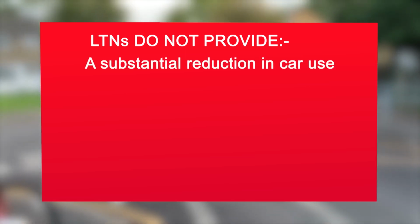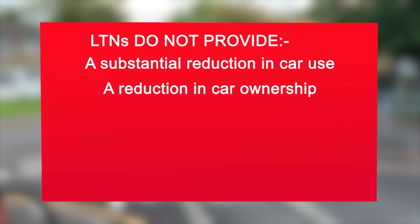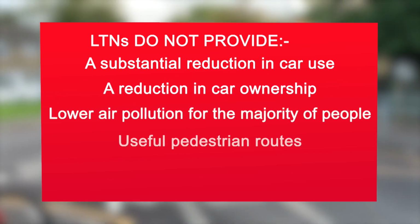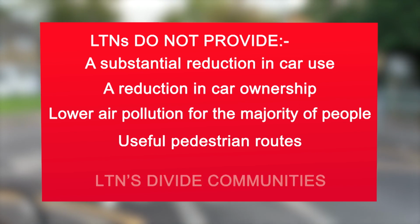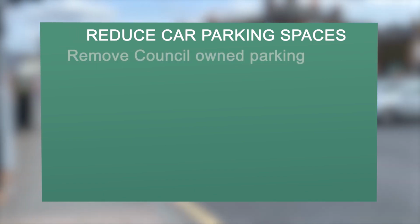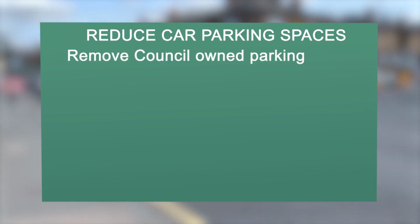LTNs do not provide a substantial reduction in car use or a substantial reduction in car ownership. They do not lower air pollution for the wider community or provide useful pedestrian routes. They divide communities. A far simpler, fairer scheme would be for the council to remove car parking from all council